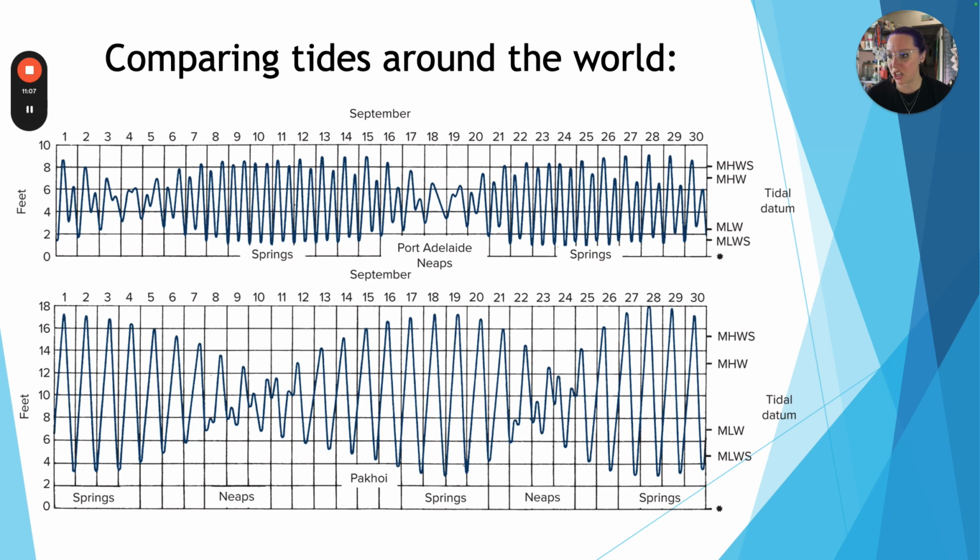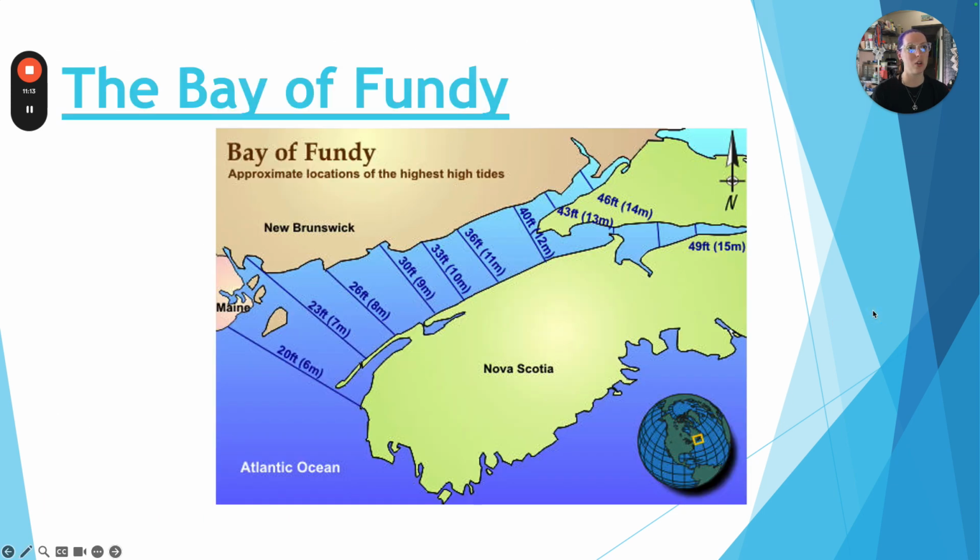Last couple of things I want to touch on, and if we're talking about tides, we have to talk about one of the largest tide variations in the world, and that's in a place called the Bay of Fundy. The Bay of Fundy is located just off the northeastern coast of the U.S. The state of Maine is right here, and Nova Scotia, which is a province in Canada. So this is a little bay basically in between those two regions,